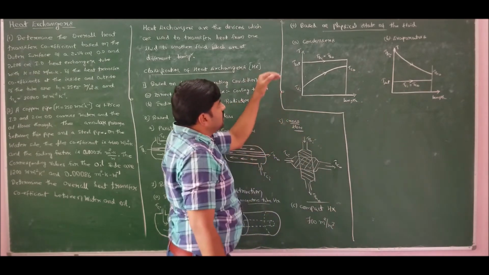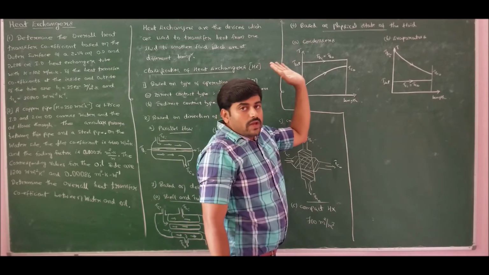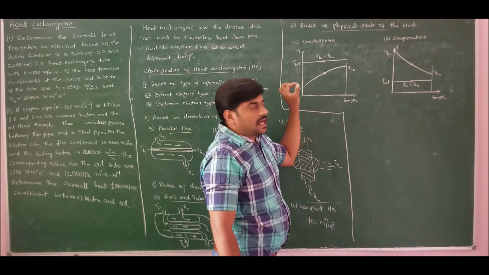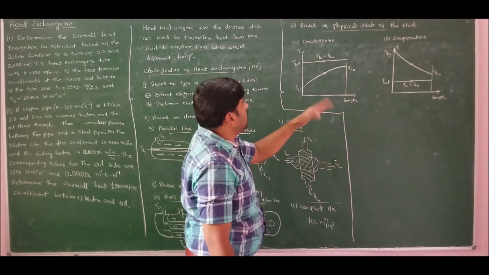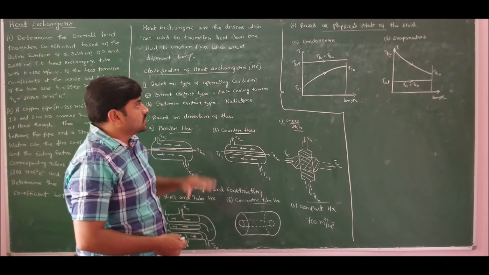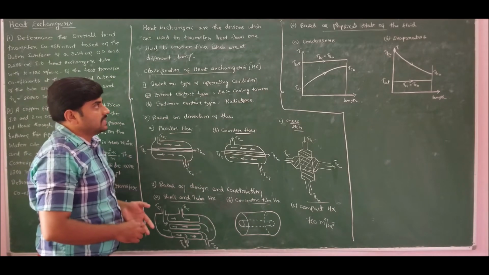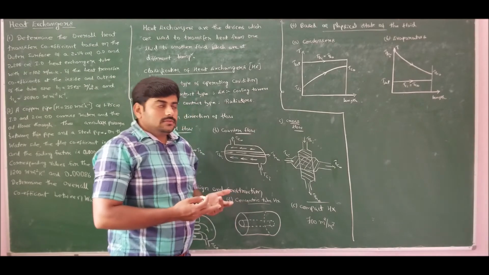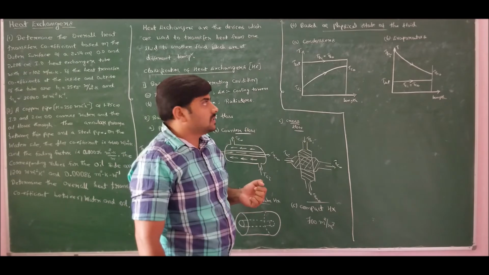Whereas for condenser, the hot fluid will remain at the same temperature, but it condenses from vapor to liquid, whereas cold fluid will capture heat and its temperature gradually increases when it flows through the heat exchanger. So this is the classification of heat exchanger based on physical state of the fluid. So this is the broad classification of heat exchangers. Very good examples of heat exchangers are car radiators, cooling towers, and boilers.